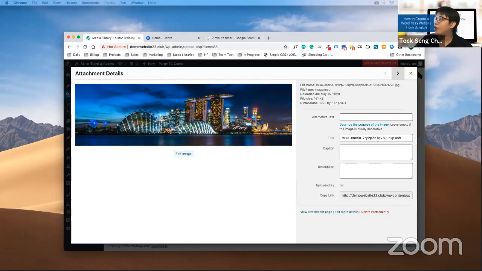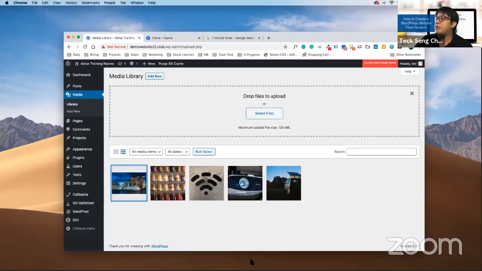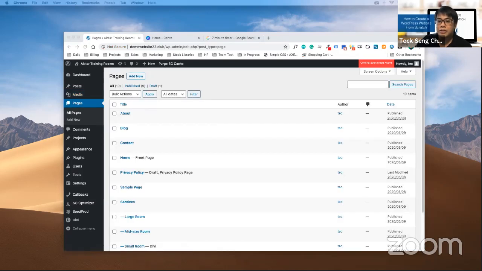Now, once we get the image ready, we move on to the page. Go under pages, click on all pages.